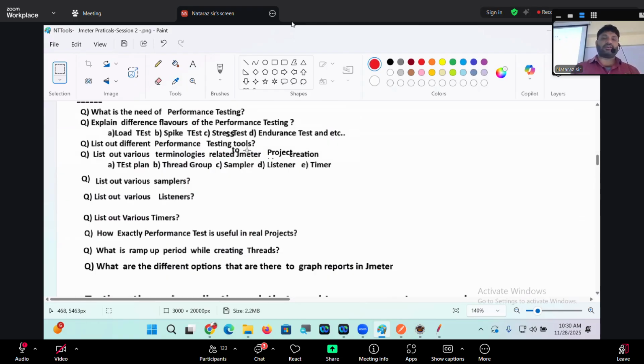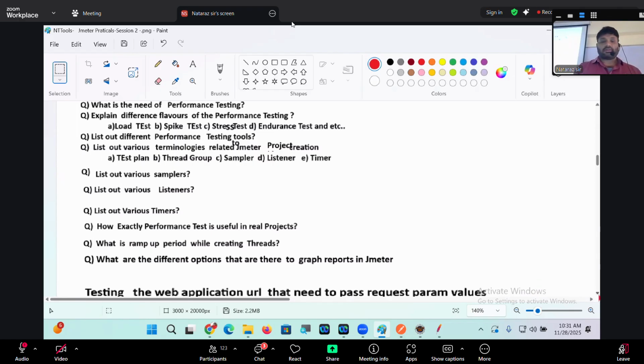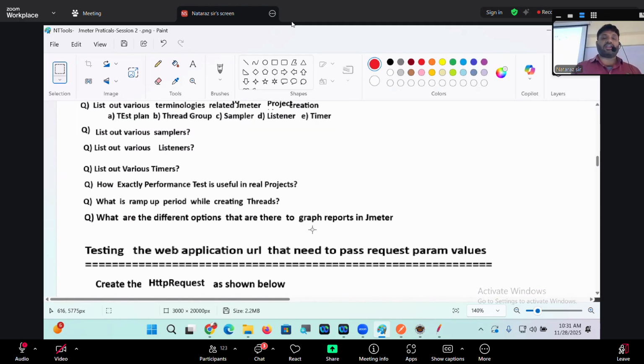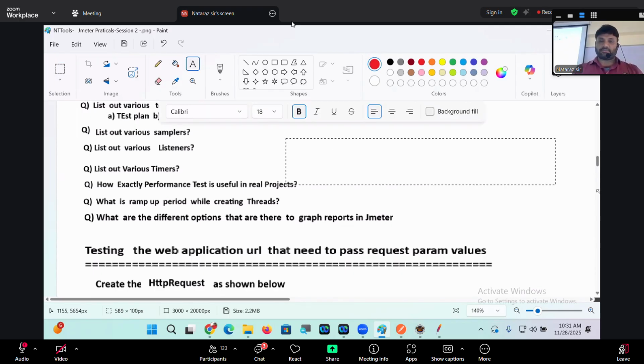List out different performance testing tools. List out various terminologies related to JMeter, project relation. List out various samplers. List out various listeners. List out various timers. How exactly is performance testing useful in real projects? What is the ramp-up period while creating threads? What are the different options to graph results in JMeter? Okay, right. Now, according to today's discussion,